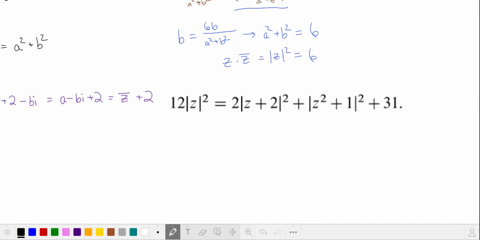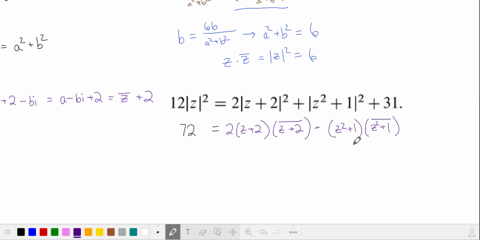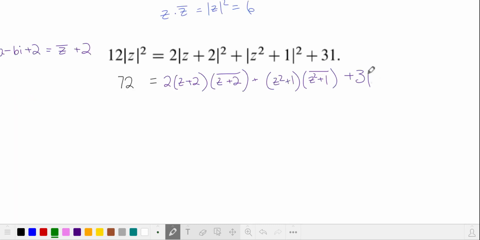6 for the square of the magnitude of z. On the left-hand side, we have 72. This is z plus 2 times the conjugate of z plus 2. Z squared plus 1 times its conjugate. Let's subtract 31 from both sides. And again, as described earlier, this is just the conjugate of z plus 2 and the conjugate of z squared